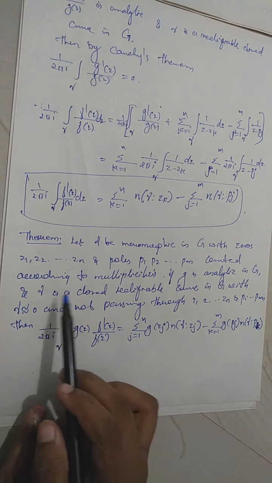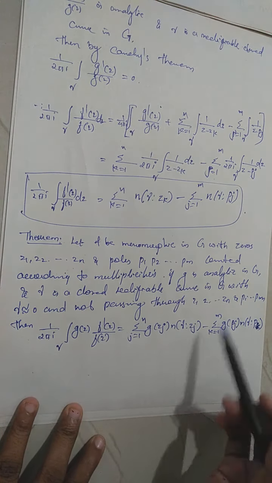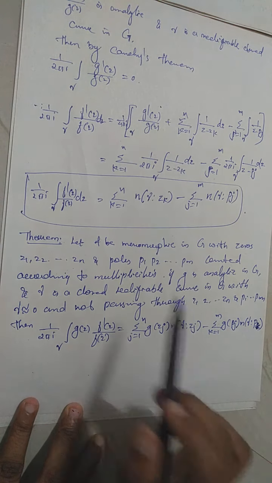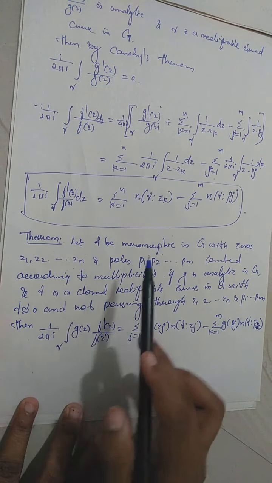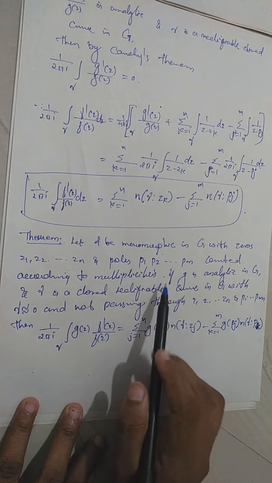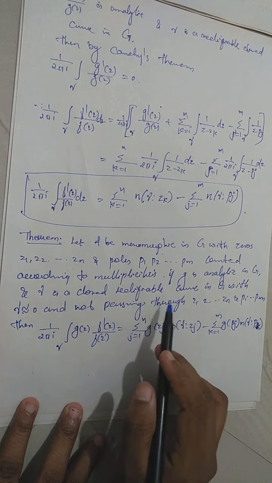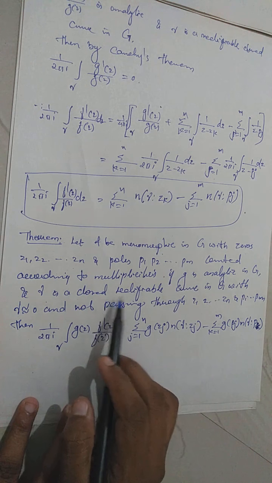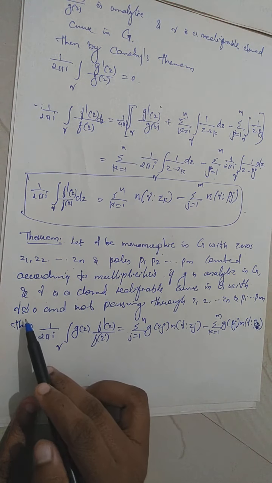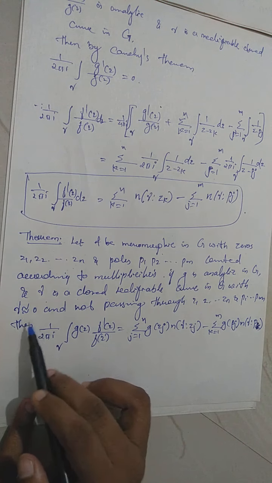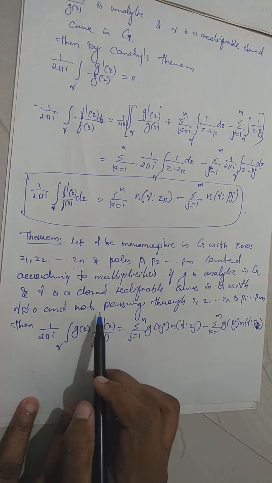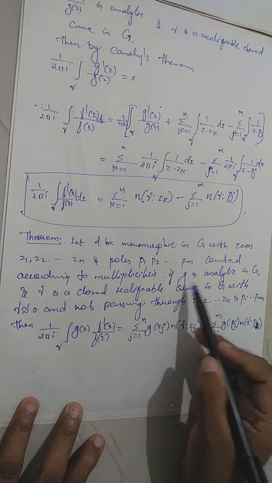Which theorem says that if all the conditions of the argument principle are there, that means f is a meromorphic function and there are some zeros z1 etc. zn and poles p1, p2 etc. pm, and suppose that gamma is a closed rectifiable curve with the property that gamma is homologous to 0 and gamma does not pass through any of these zeros and poles, and suppose we have one more extra condition,